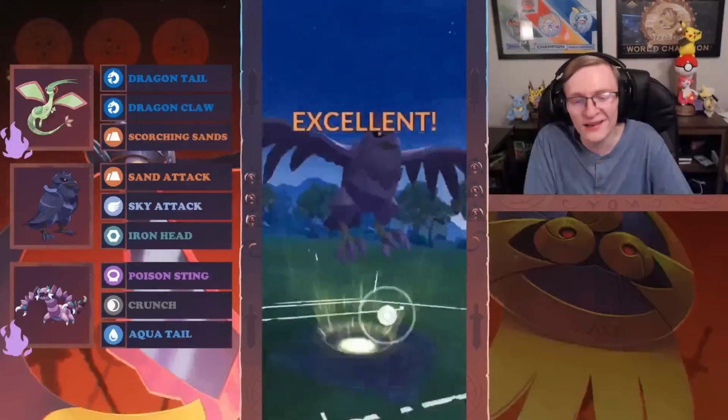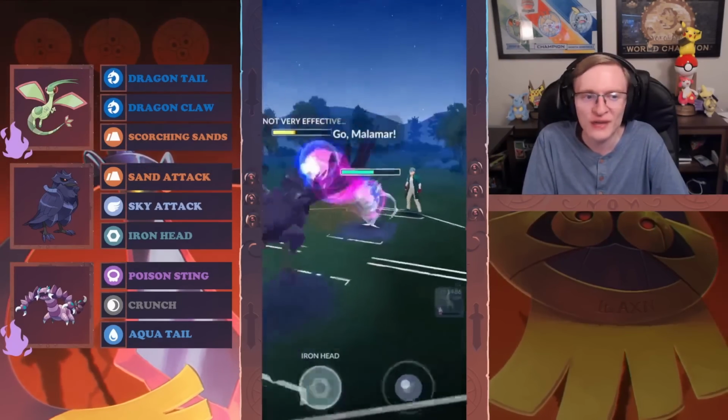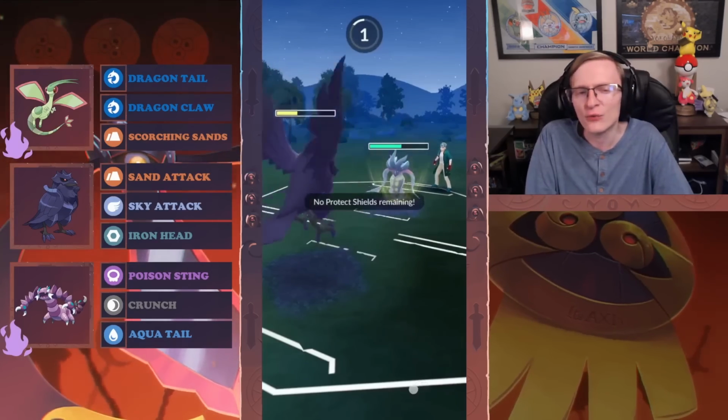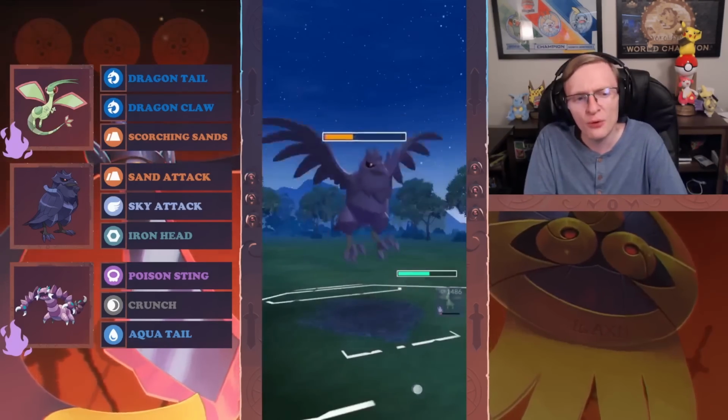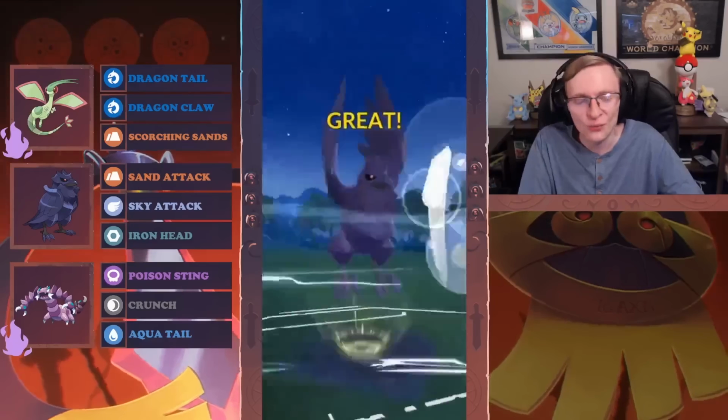So I will throw the Iron Head and try to reach a Sky Attack against this Malamar before they can knock us out with Sideways plus a charge move. If we can survive this attack here, I have my Sky Attack. I don't think it's going to be quite enough to knock them out, but if I can put them into range where 1 Dragon Tail is going to be enough to KO this Malamar, there is a chance to win this game. Sky Attack